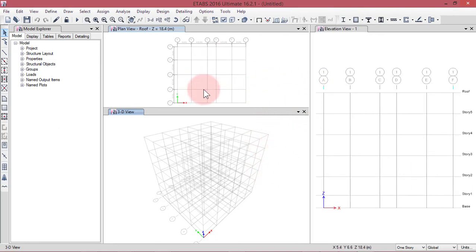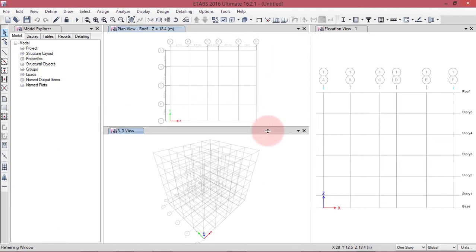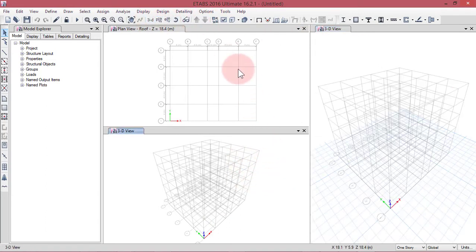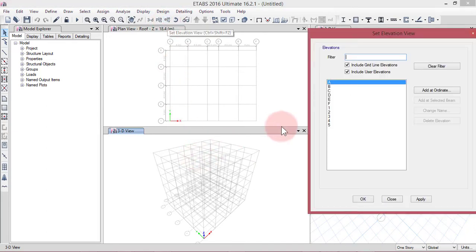Now if you see the plan view, here it is written plan view, roof is equal to 18.4 meters. Any types you can see here in the 3D view. Let me make this the 3D view. This is elevation.